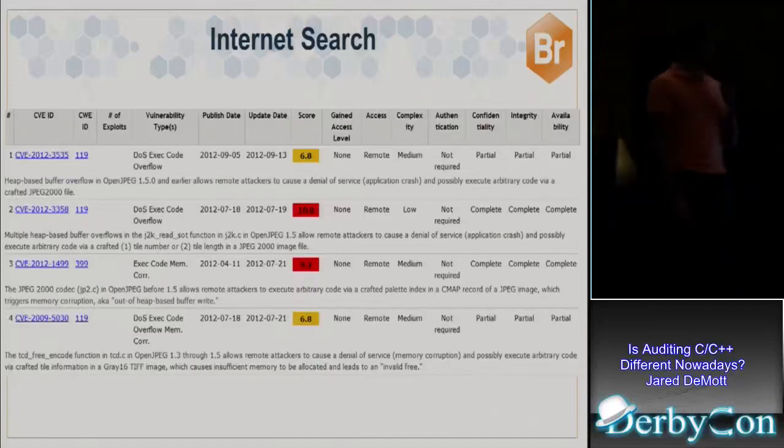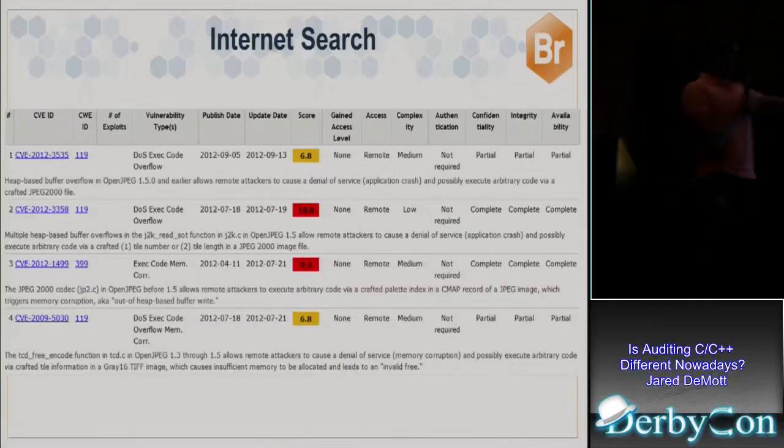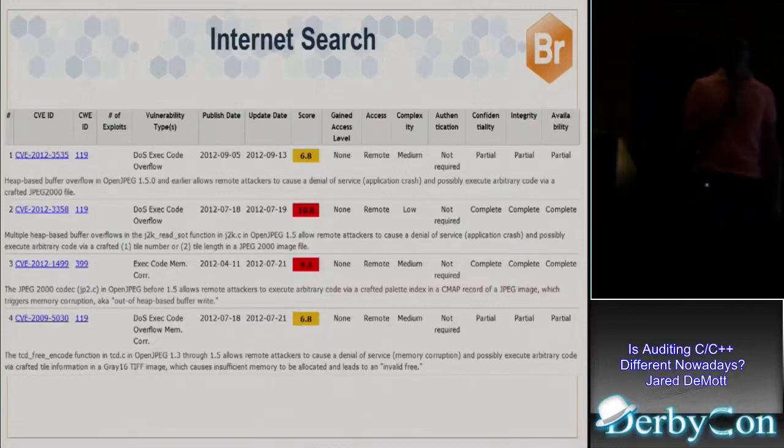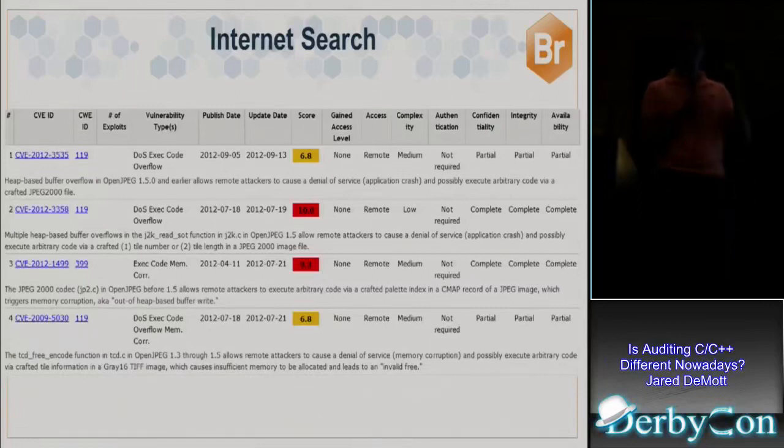And you go, oh yeah, there really are. This is actual real stuff from OpenJPEG 1.4. These are bugs that were found and fixed. So you've got some code execution and some DoS overflow, all kinds of good stuff like that. Sometimes they're mislabeled. Sometimes it'll just say it was a DoS when really maybe it was code execution, things like that. That happens occasionally.